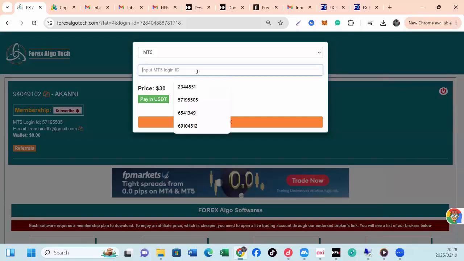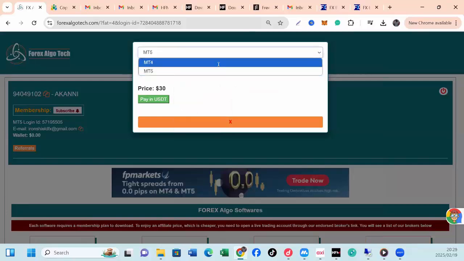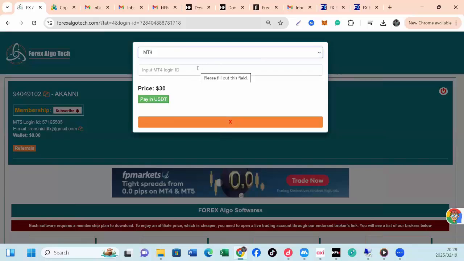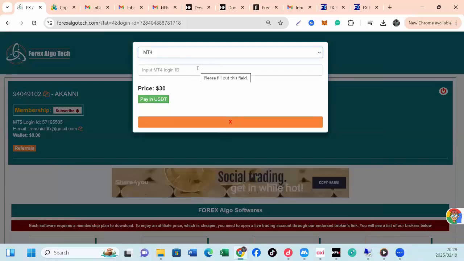You put your MT5 login detail. If your account is MT4, you have to use MT4 and you put your MT4 login detail. I'm just going to put any one of these that you are having here because I'm just using it for practical. Immediately you put your MT4 and your MT4 login detail,